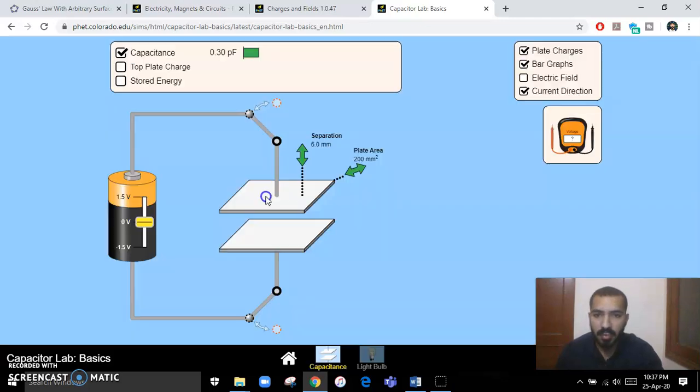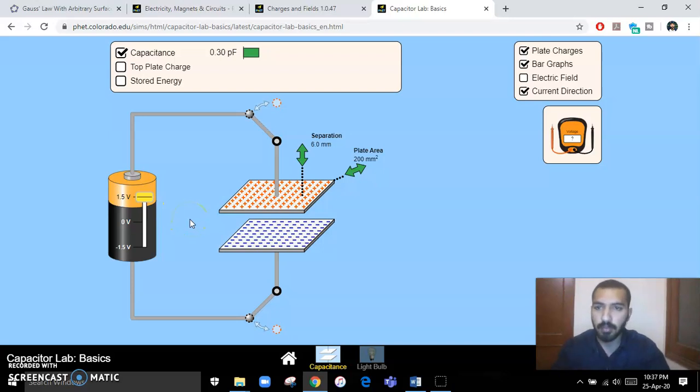I have to open this first part, Capacitor, and you can see here a capacitor is an electrical component that is made of two metal plates. This is the first metal plate and this is the second metal plate, and between these metal plates there is a dielectric material. In this case, there is no dielectric material, it is just air. And when I turn on the battery voltage, 1.5 volts, because of this 1.5 volts my first plate is positively charged and my second plate is negatively charged.